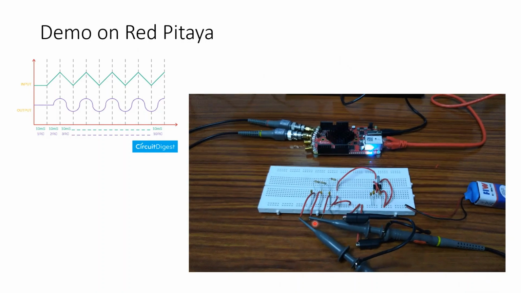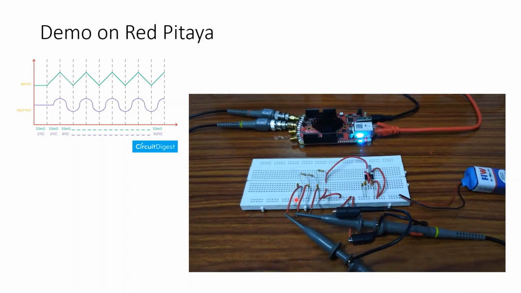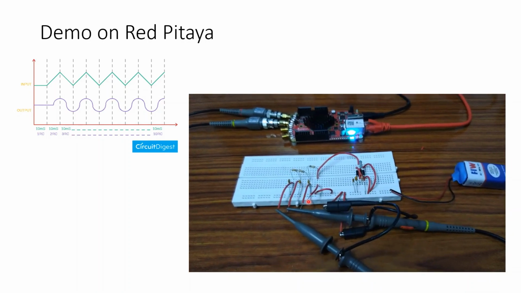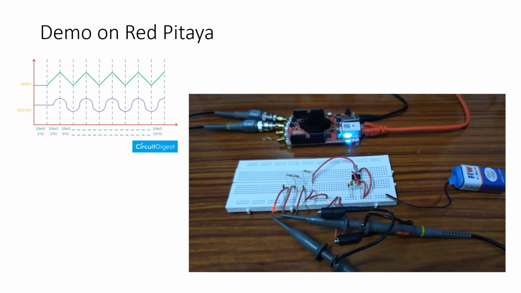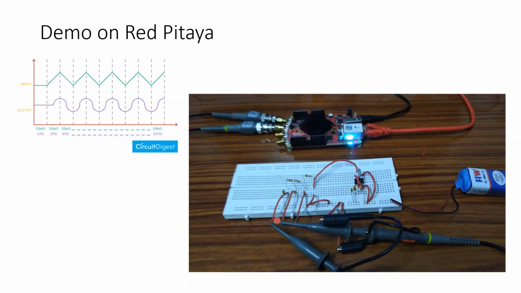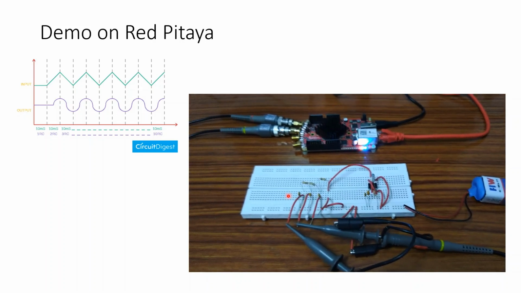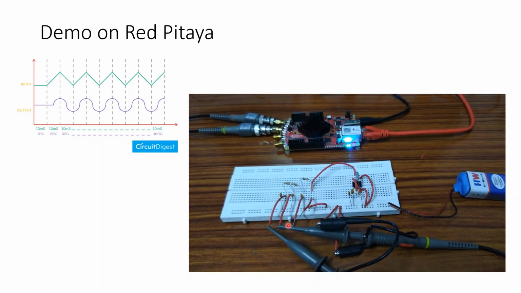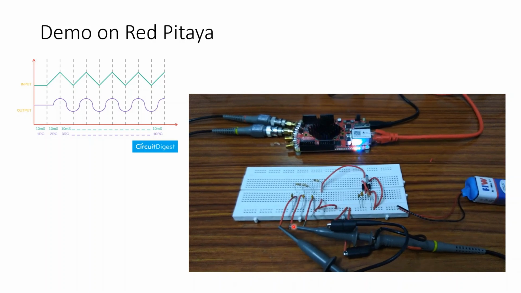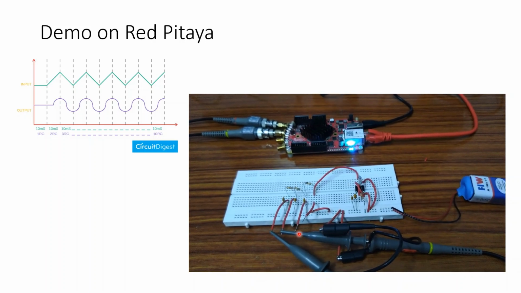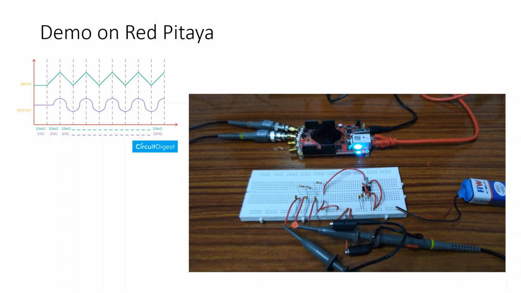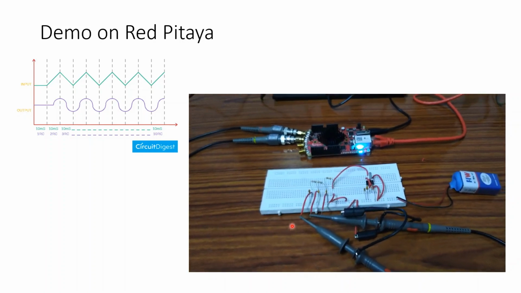Now again I have changed the probe connections. Now what I have done is channel 1 is connected to the last stage of the multi-stage low pass filter, that's the third stage, and then channel 2 is connected to the input of the final stage, that is the third stage of the low pass filter. The input of the third stage is also the output of the second stage low pass filter. So these are the probe connections.